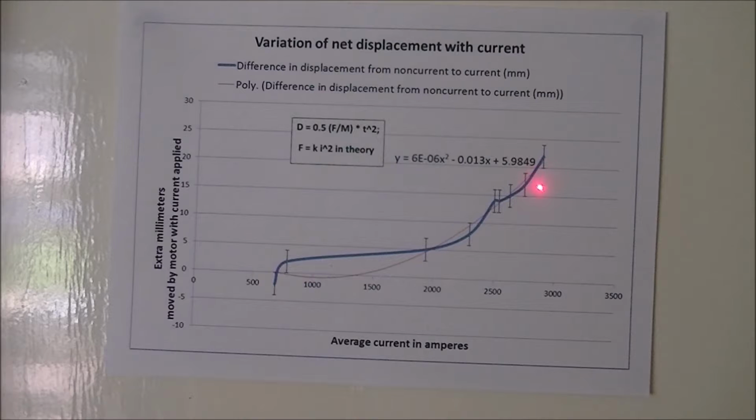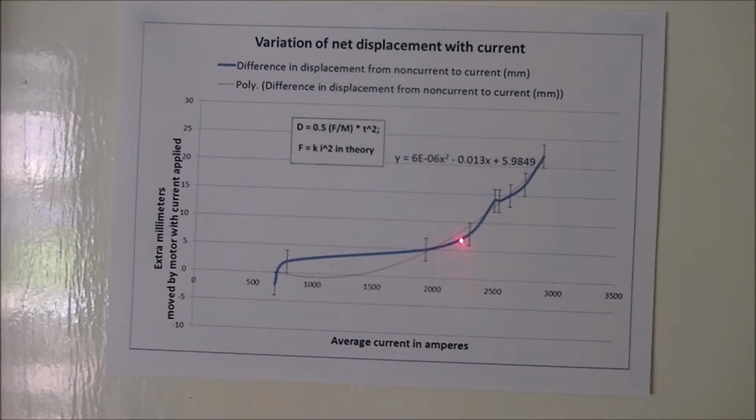But of course, there is only the displacement, not the force. So the formula relating displacement and force is d = 0.5 × F × t². Now, if F is constant, which is not necessarily the case, and that causes a lot of fluctuations, but on the occasions where it is more or less constant, then d does vary directly as the force, and the force varies as the current. So we are getting a quadratic relationship. That is to say, the displacement varies with the